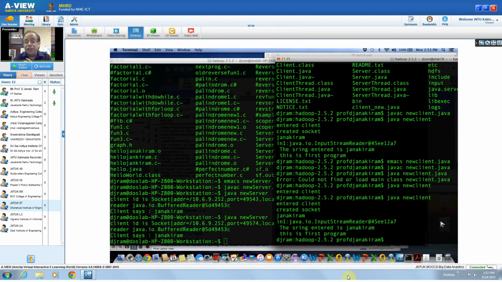Okay, now instead of putting it as a DOS lab, all that I made sure is I gave the 10.6.9.81, which is the workstation to which I have logged in, just to make sure you understand. I need not have used DOS lab. This is anyway DOS lab. As you can see, it's a DOS lab server or lab server where I've logged in and started this